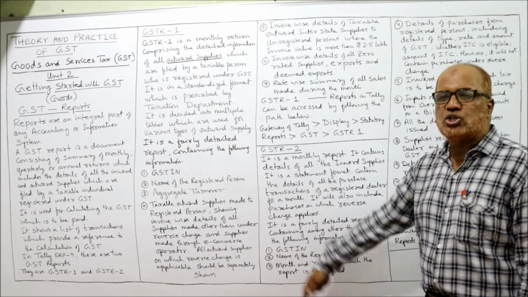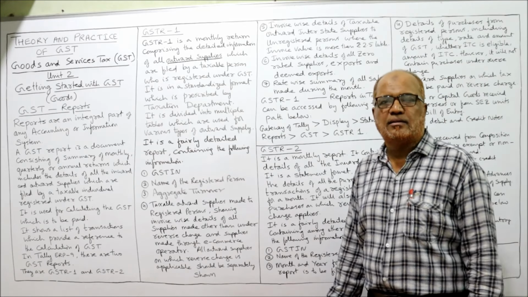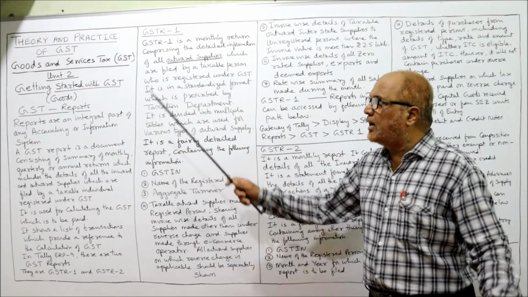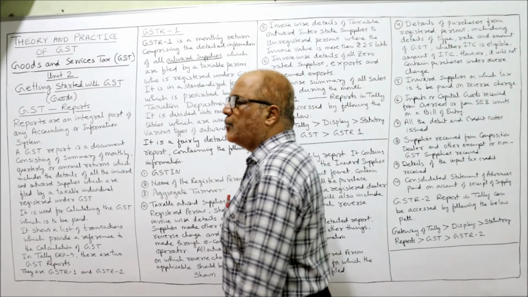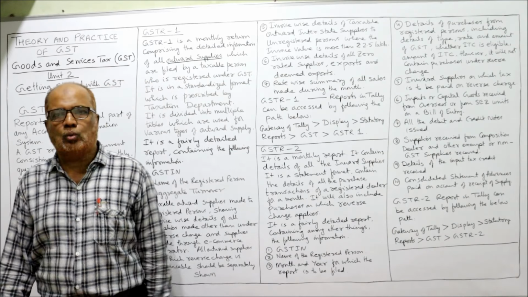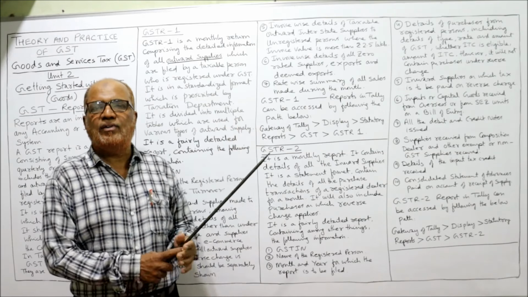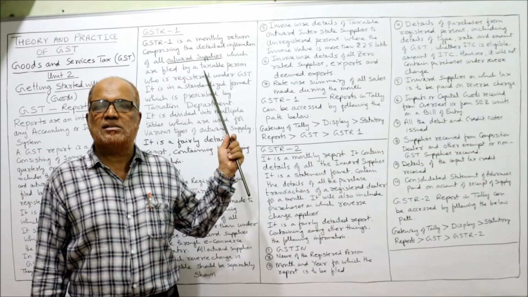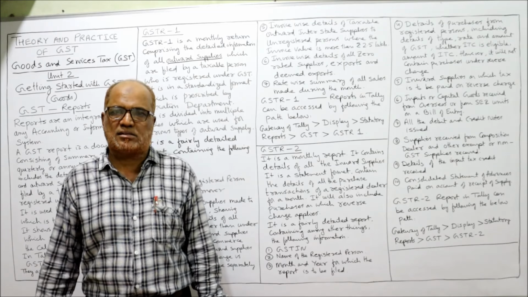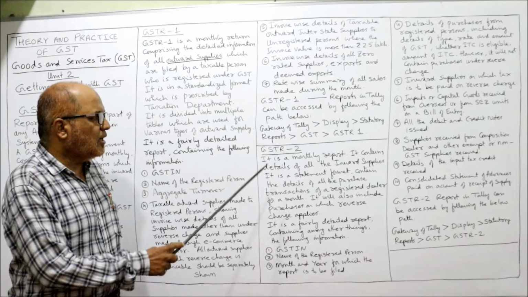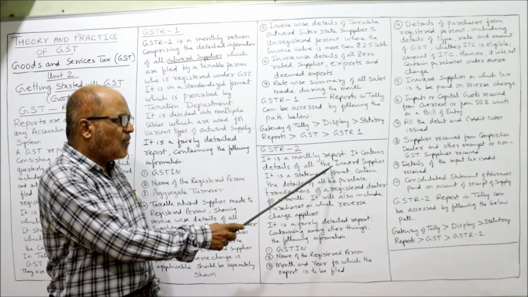So this is the complete explanation about GSTR 1, that is the outward supplies. The report for outward supplies is GSTR 1. Now GSTR 2, the second report under Tally, is GSTR 2. This GSTR 2 is just like GSTR 1, but GSTR 1 records outward supplies, whereas GSTR 2 is for inward supplies, that means purchases. It is a monthly report just like GSTR 1, and it contains details of all inward